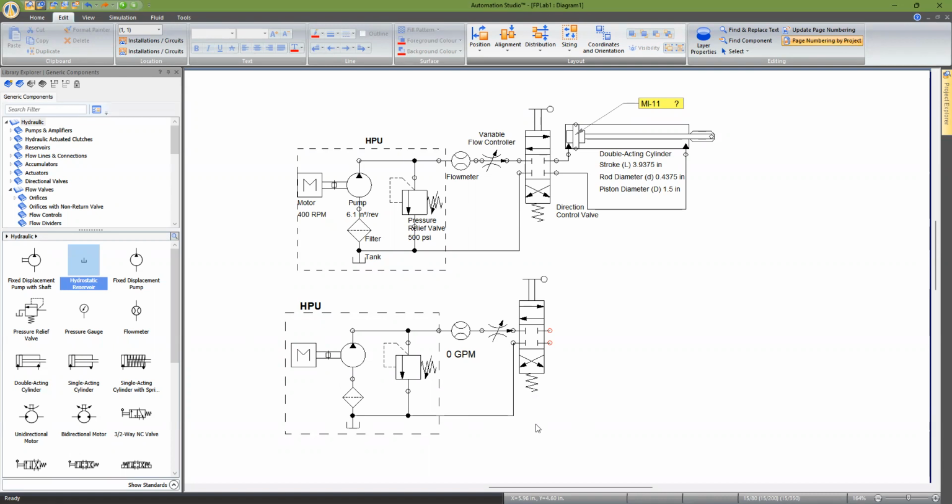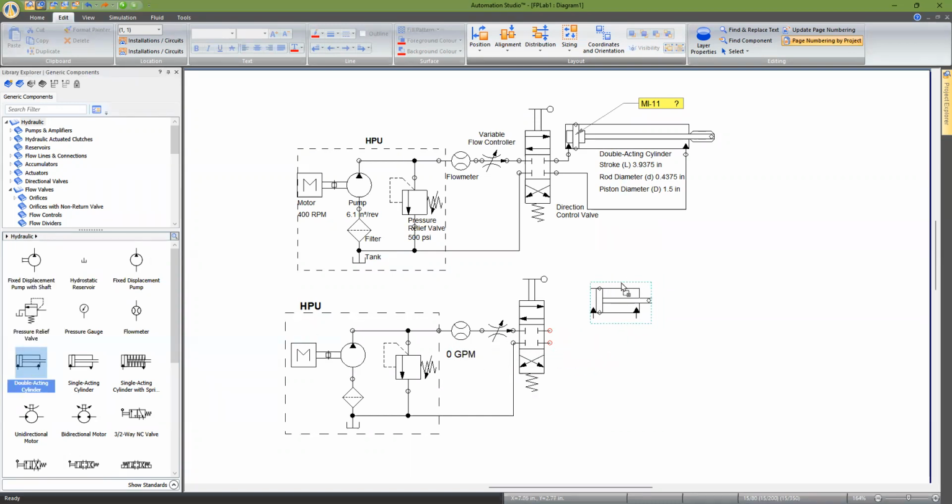That's not a problem. Now we're going to build the hydraulic cylinder. It's a double acting cylinder that has this stroke length. So from this point to that point, the length of this cylinder is 3.93, the rod diameter, this guy here, is 0.44 inch, and the piston diameter, this one here, is 1.5 inch. Okay, so if I want to build a similar cylinder, I have to start with the home page. So this is a double acting, this is a single acting, this is a single acting with spring. I'm going to pick this one,